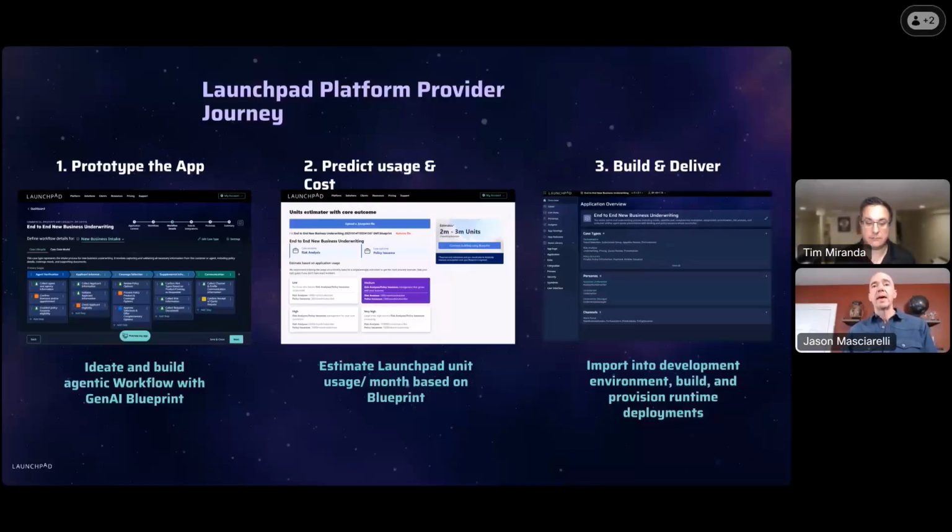So instead of having to manage your cloud computing and all of your different services, you may have 20 or 30 services that a software company might be leveraging. We basically abstract that into Launchpad Units, which is driven by reads and writes, which really makes it easy for you to essentially see for an end-to-end workflow or an outcome that you're driving, what your cost will be per outcome. And so we'll talk a bit about the usage calculator,